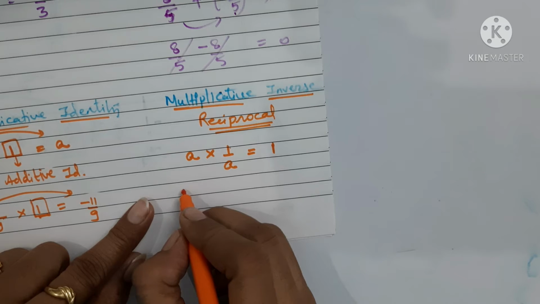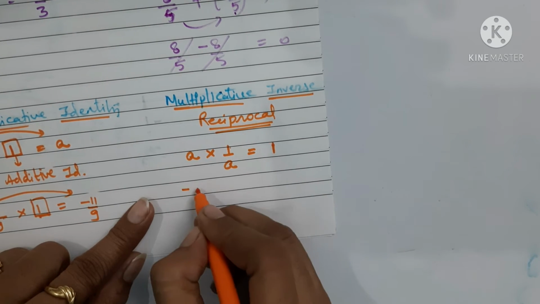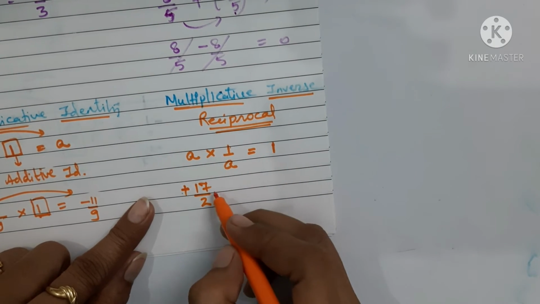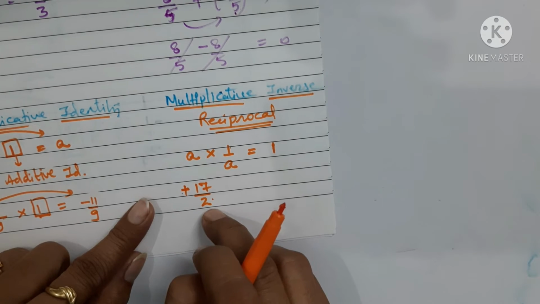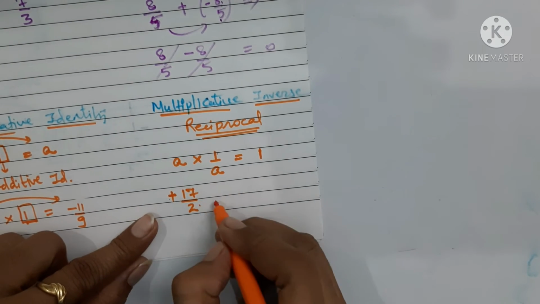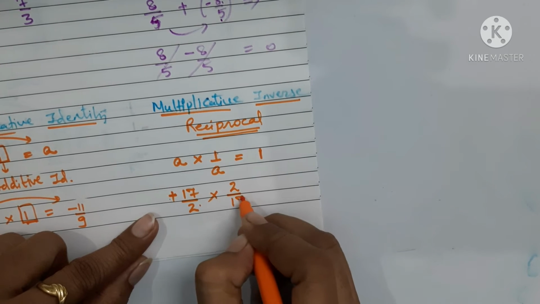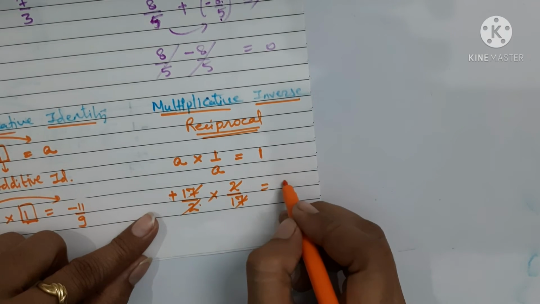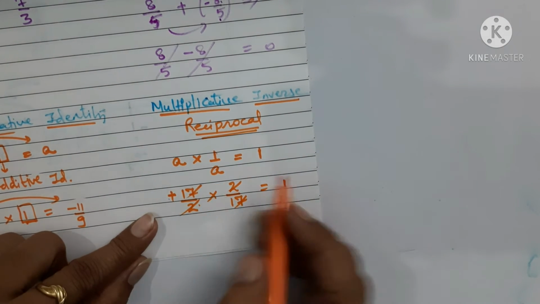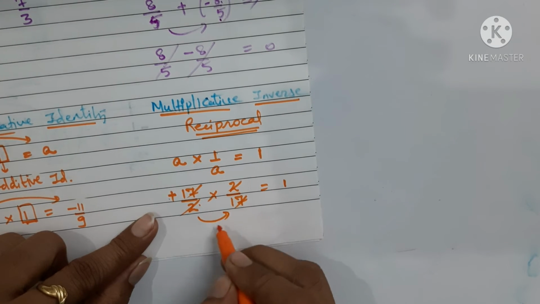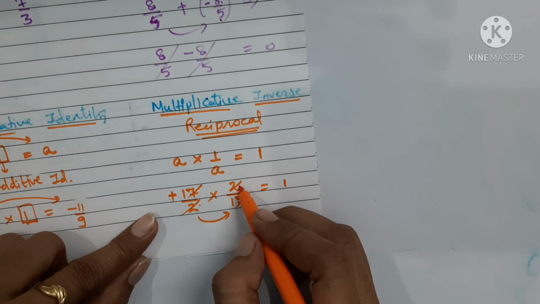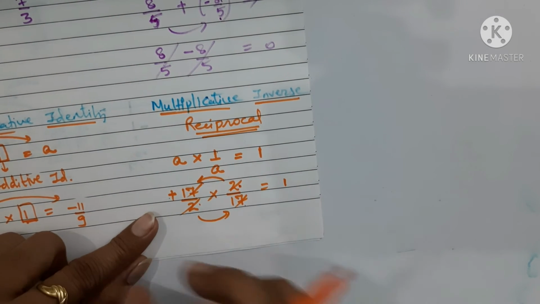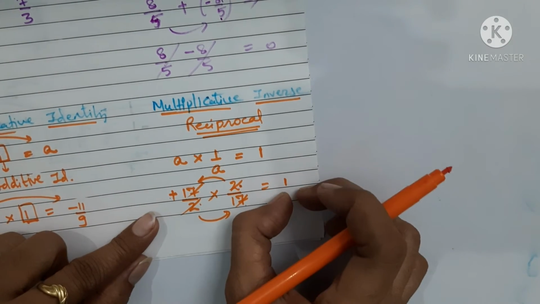For rational numbers, let us see by taking an example. Say it is minus or plus 17 upon 2. Now if 17 upon 2 is there, then definitely there is another number, its inverse, which is 2 upon 17, and when it is multiplied with this number, what are we getting? We are getting 1 ultimately. The product is 1. So we say that 17 by 2 is the multiplicative inverse of 2 upon 17, and 2 upon 17 is the multiplicative inverse of 17 upon 2.